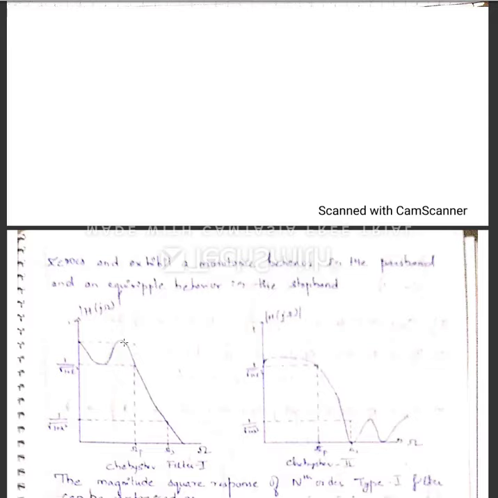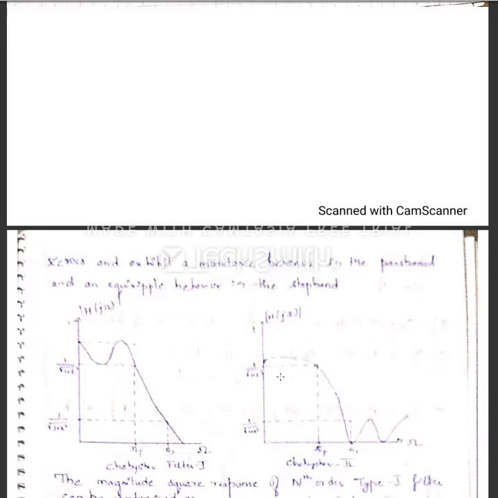monotonic behavior, which would mean that it is either entirely decreasing or entirely increasing, or entirely non increasing, entirely non decreasing. There will not be any fluctuations, no peaks formed. Okay, this is type 1. So type 1 has equiripple behavior of the poles in the pass band and monotonic in the stop band.